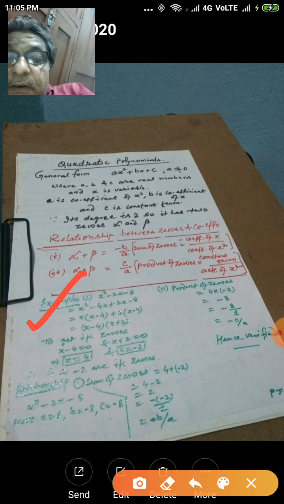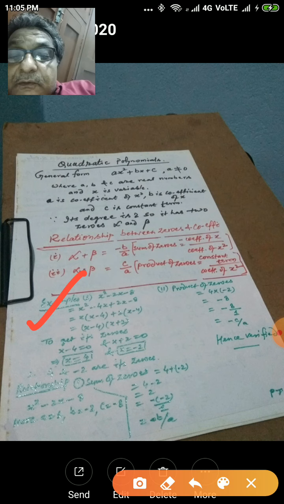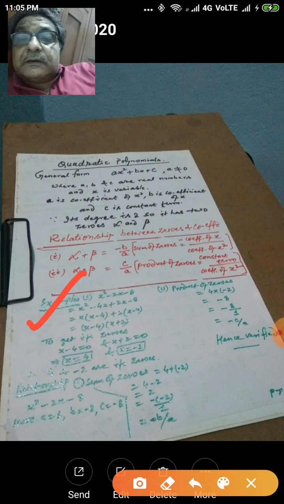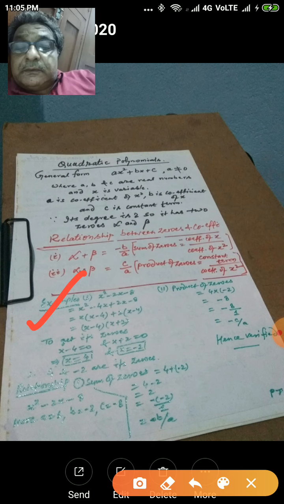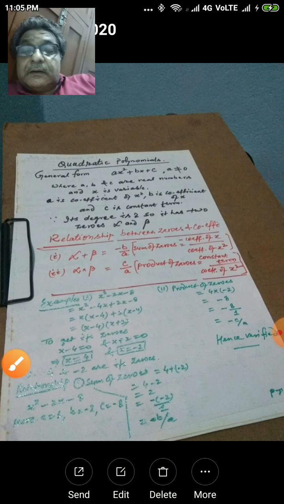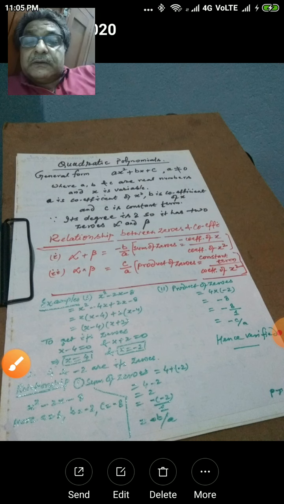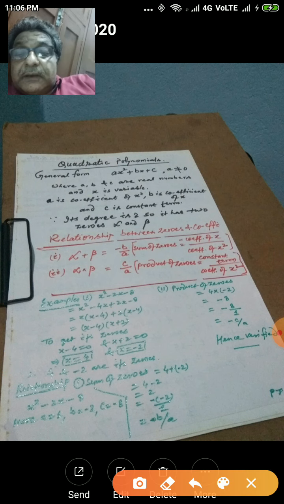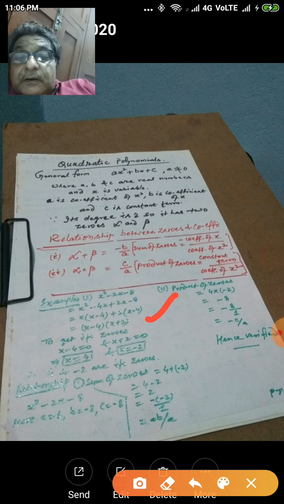First example, I am taking the polynomial x square minus 2x minus 8. Clearly it is a quadratic polynomial as it has degree 2. So to find its zeros, first of all what we have to do, first we will factorize this polynomial, and factorization of such polynomials is done either using a suitable identity, or by splitting the middle term. You have learned in class 8 and 9 also. In this way you will get two factors, x minus 4 and x plus 2.